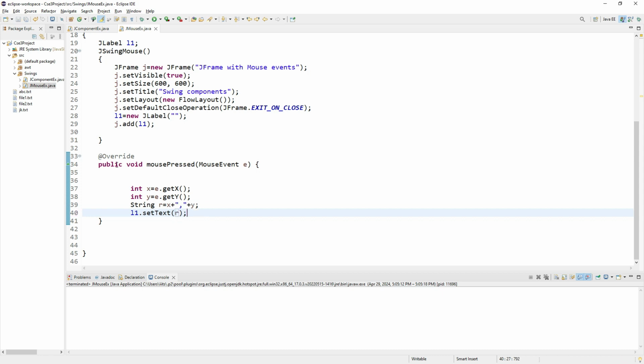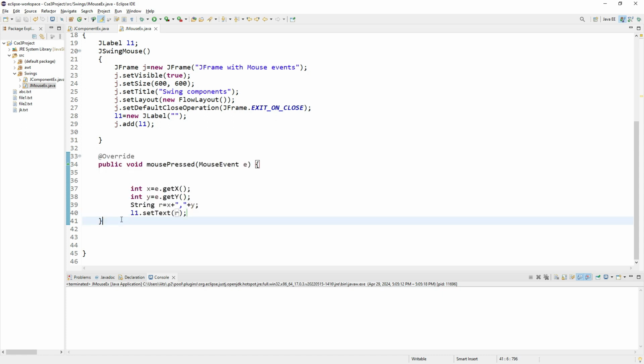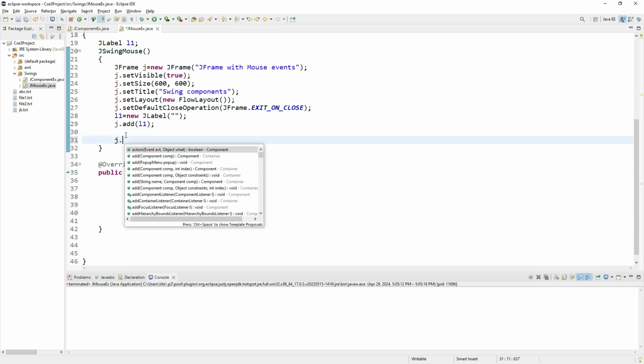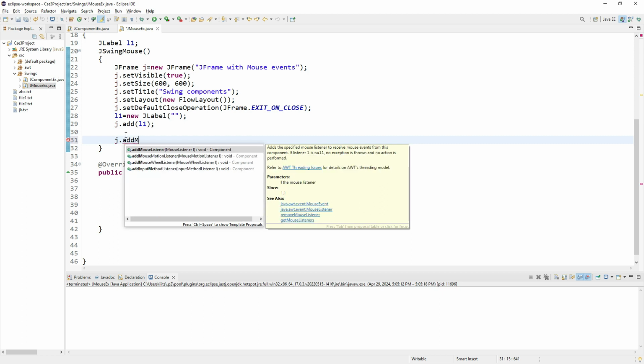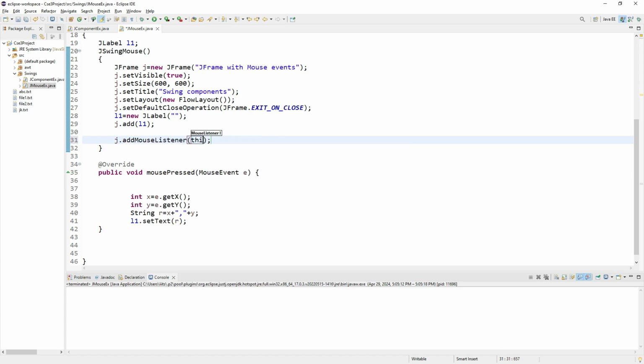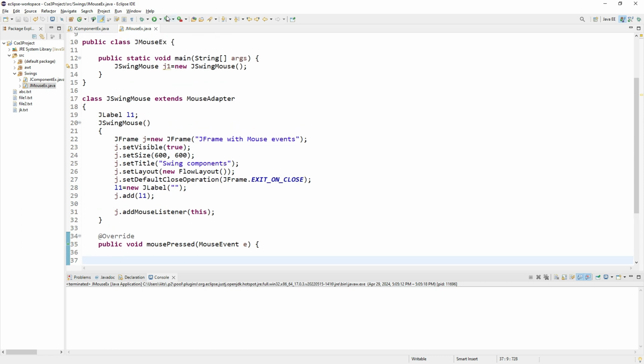So after pressing the mouse, what needs to be done? We have defined here, and we have already defined the component, the container. But is there any communication between these two? Right? So for that, what you have to do? j dot addMouseListener of this. That's it, right? So if you are going to execute this one,